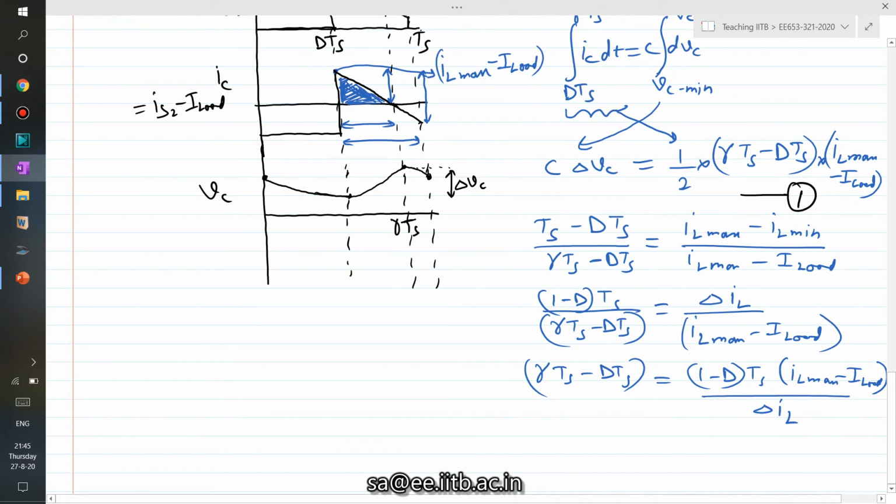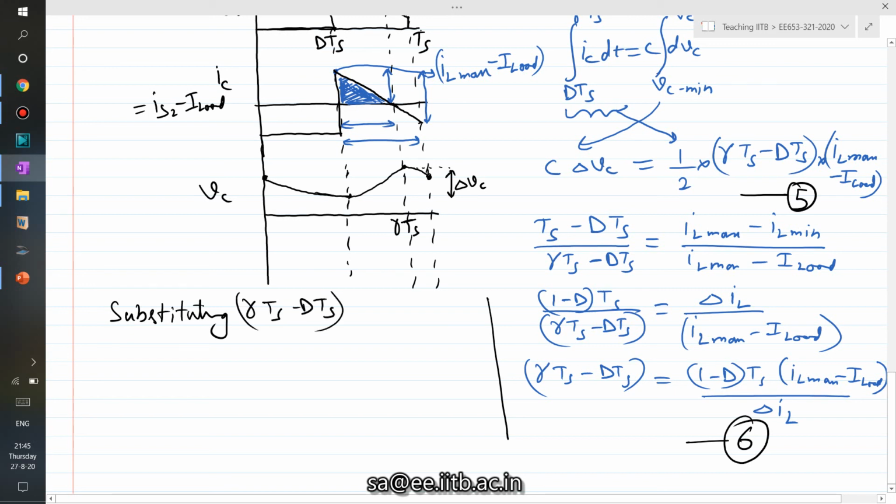Let's call it equation number 5. I can substitute the value of gamma Ts minus dTs from equation number 6 into equation number 5, right? By substituting gamma Ts minus dTs from equation number 6 to equation number 5 gives us